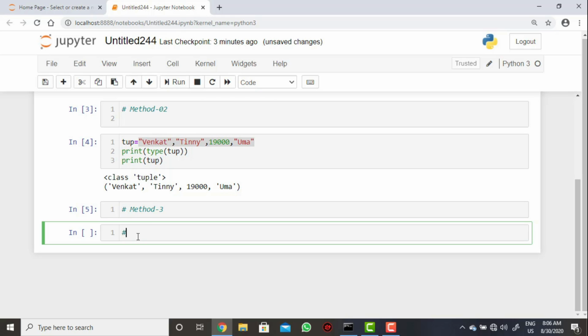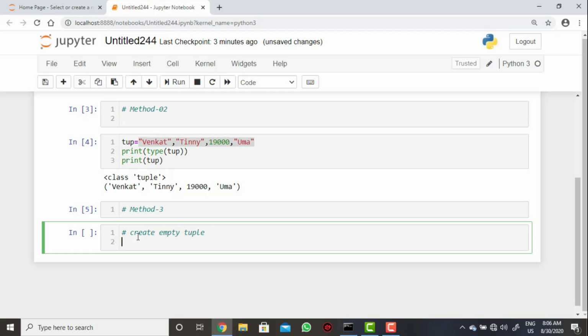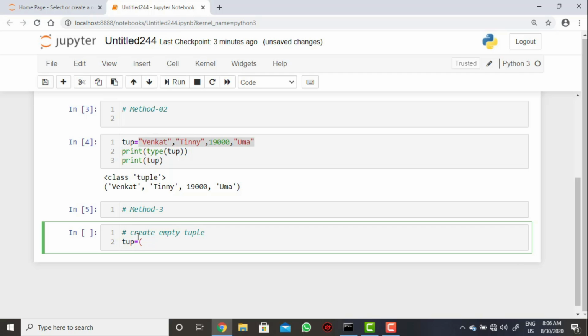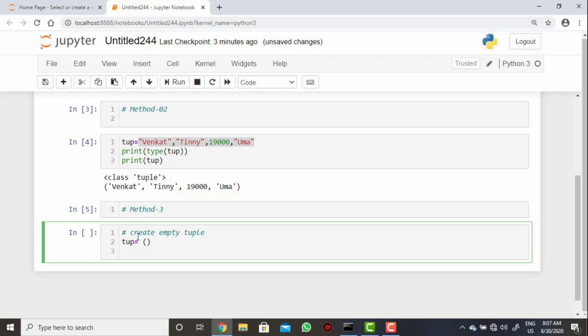How are we creating the empty tuple? You just use it like this, that's it. No need to worry about it. So we can understand this is the empty tuple data structure.